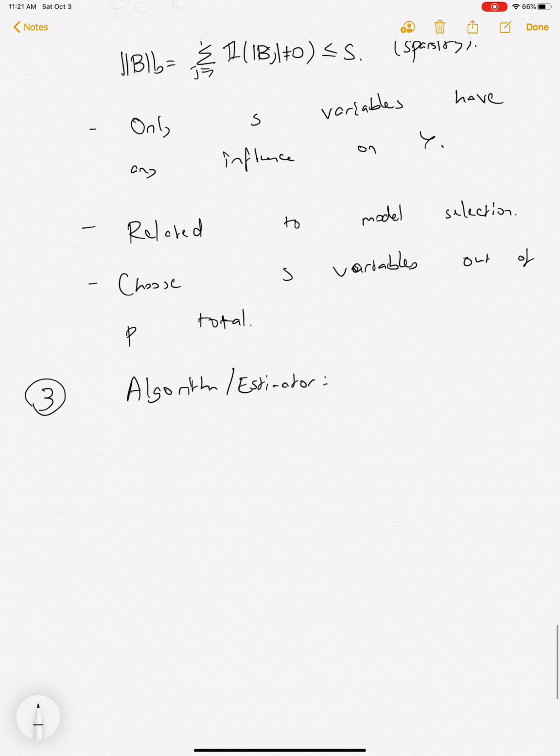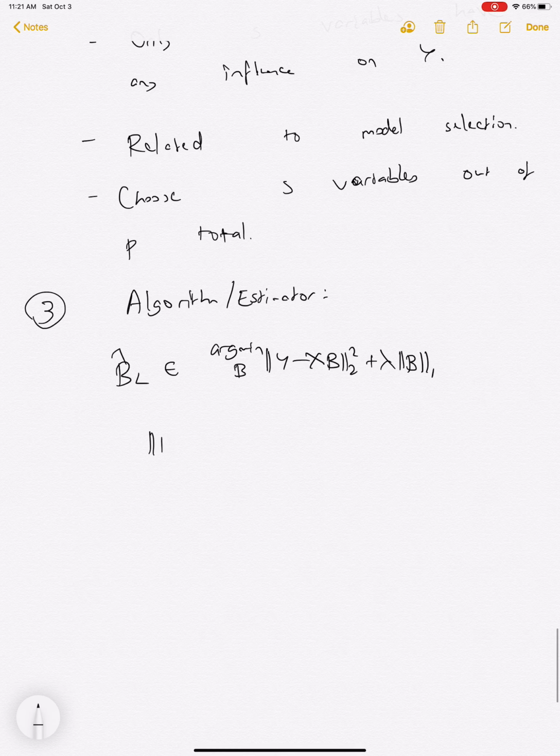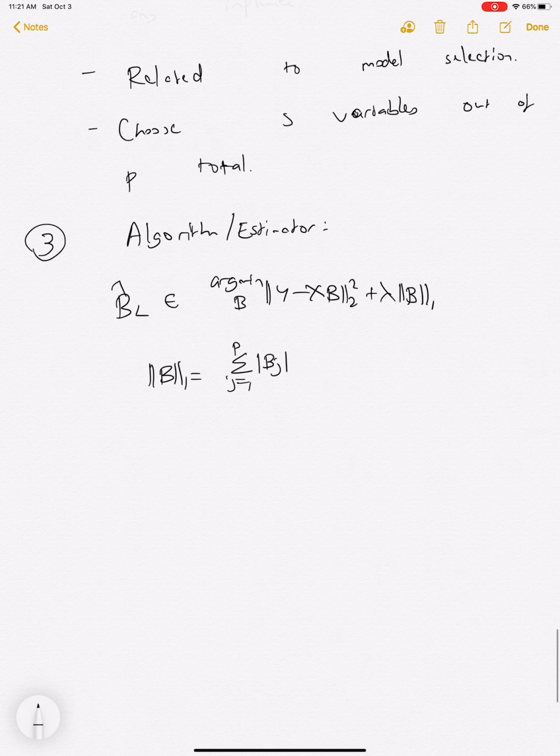So for the algorithm or estimator, we talked about the lasso, where this L1 norm is where that absolute value expression comes in. It's the sum of these absolute values of B_j. And so note that,